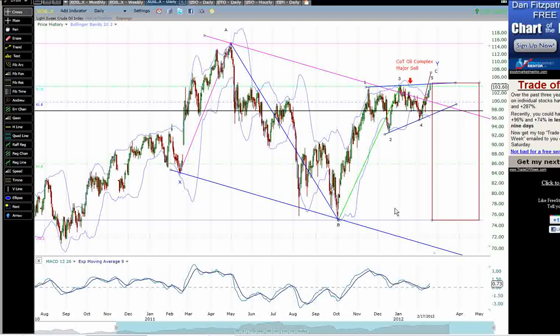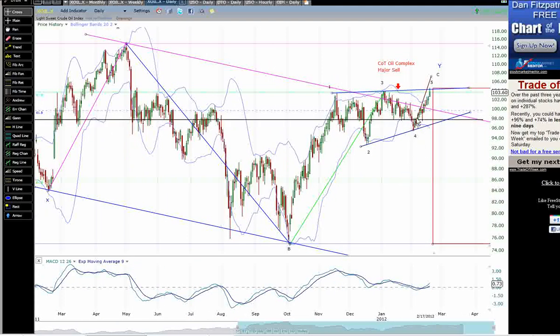Last one I wanted to look at is oil. I had updated on this a couple weeks ago when the market was down in this area here. All right, and we're coming off this really strong bearish divergence in the MACD relative to price there. Looked like the market may be topping, however it did have a bit of an odd look to it with this very long initial wave, a correction, and then a very short next wave. So the market did not successfully break down on that move there,